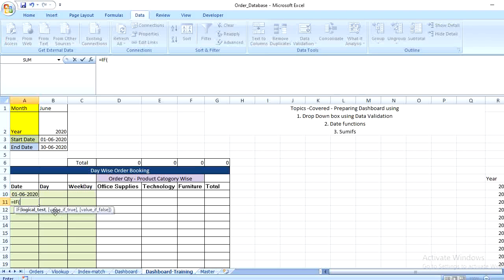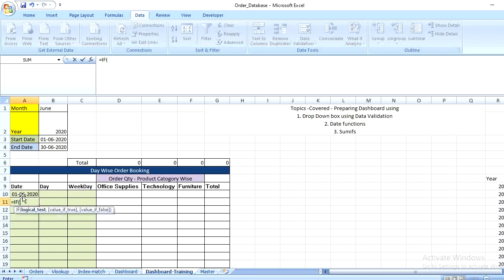Next, if that condition is true, it's going to write string number A. We have two strings, A and B, for example. So if the logic test is true, it's going to write string A. If the logic test is false, then it's going to write string number B.